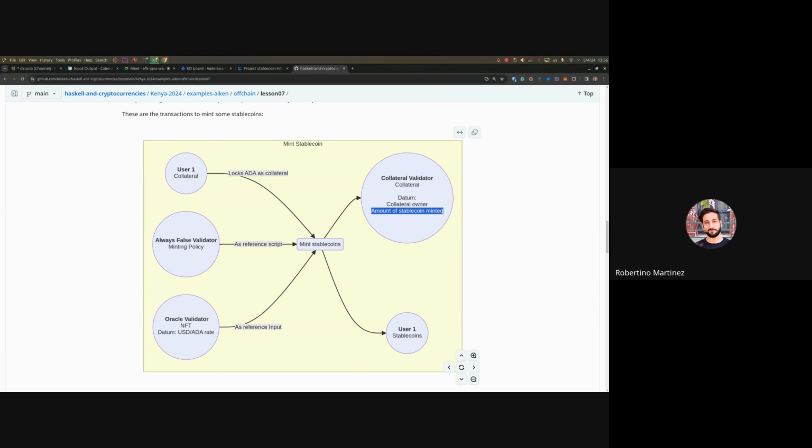So this amount of stablecoins, it's easier like this. The amount of collateral has to be 150% of the value of the amount of stablecoin minted. And to know the value of the amount of stablecoins minted, we need the USD ADA rate. So the minting policy has to check pretty much everything, but the key in this case is this output. This output has to have the correct values and the correct datum